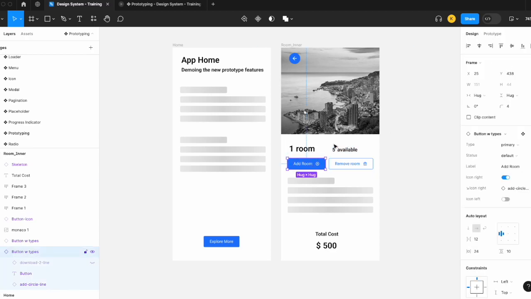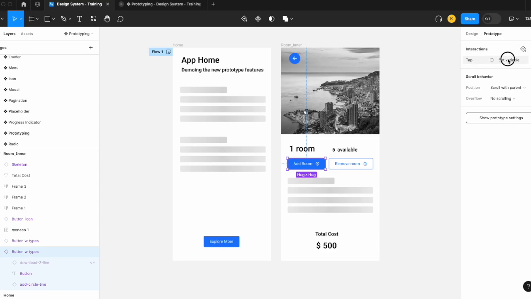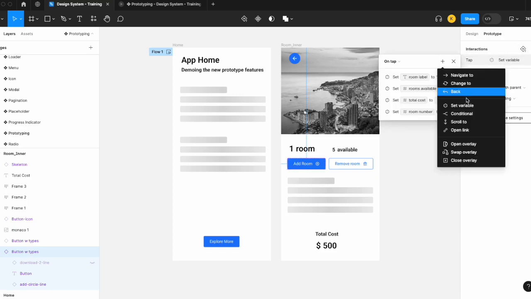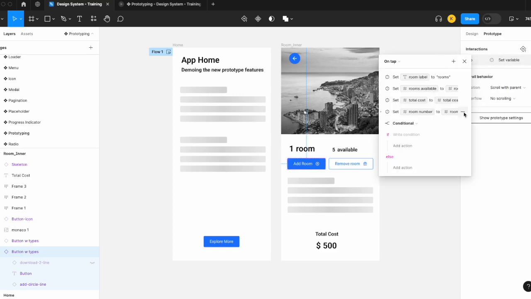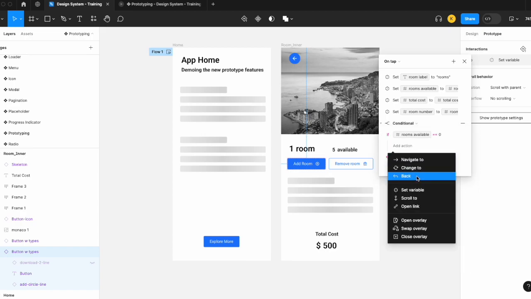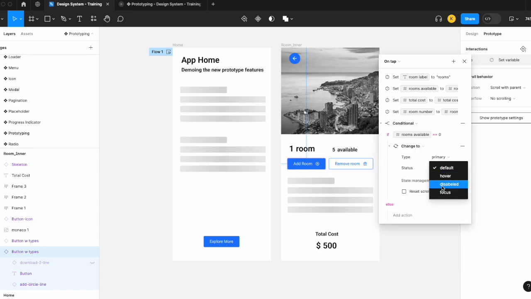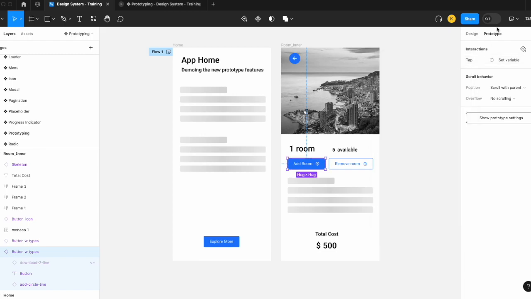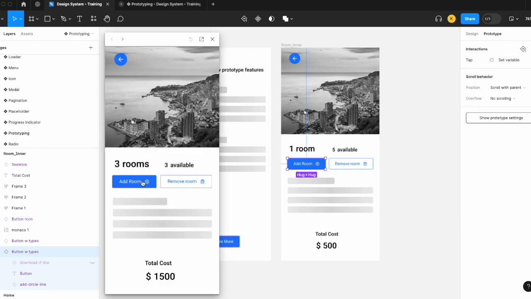So let's click on the button, and we're going to add a conditional that states that if the rooms available is equal to 0, that button is going to change to our disabled. And let's give that a quick try. There we go. And I can see that when there are no more rooms available, that button then turns to